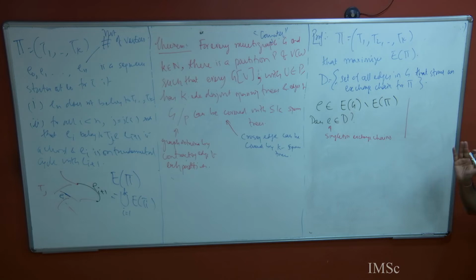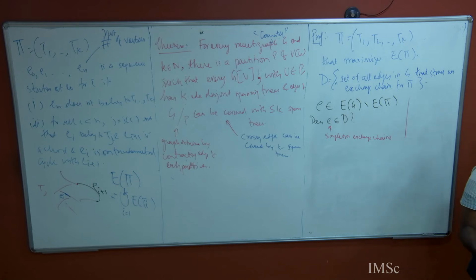If you are not happy with this, I can actually tell: D is all the non-trivial ones plus everything else. Make yourself happy if that makes you happy. It's up to me how I define this set D. If you are not able to keep the singleton chain in your head, then here is my definition: whatever you are able to keep in your head, plus everything which is not on this tree, is my D. Don't add pressure to your head. It won't change much.